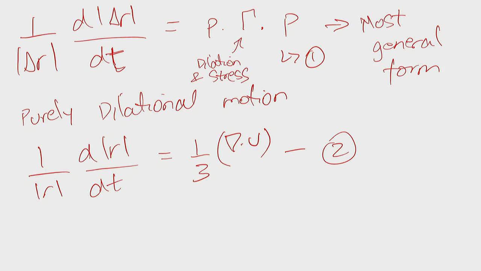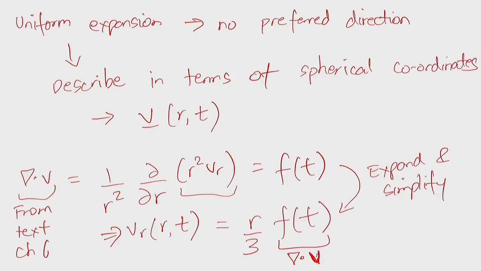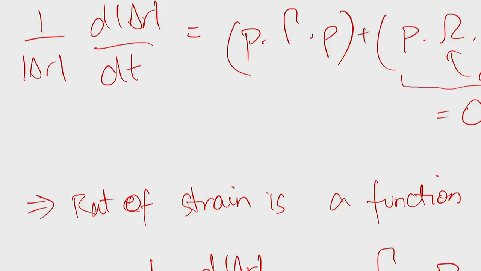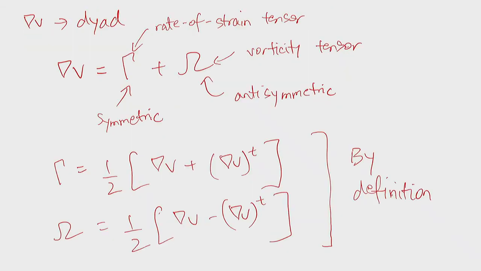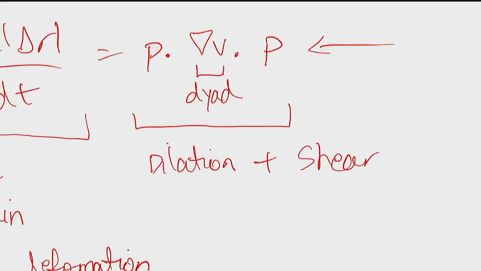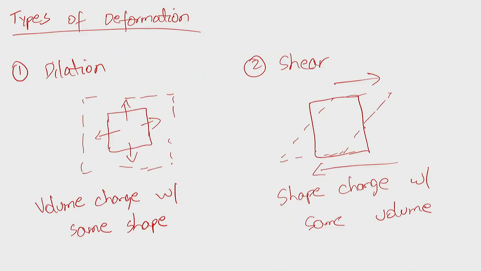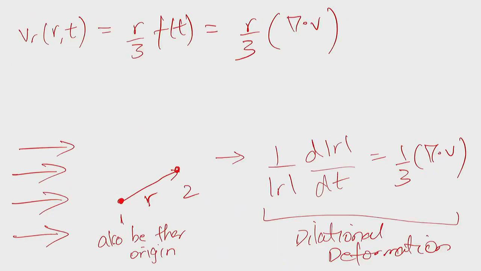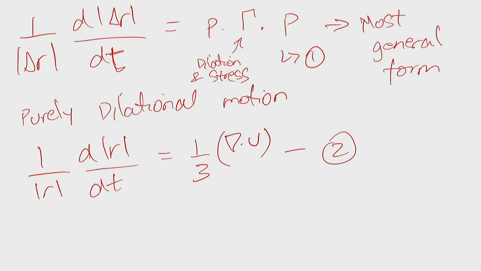Could you remember what P stands for? We had defined it last lecture. So P is delta R over capital delta. It's a unit vector that has magnitude 1, defined by the position vectors. Okay, and so if we were to subtract these two, equation 2 from equation 1, we would end up with